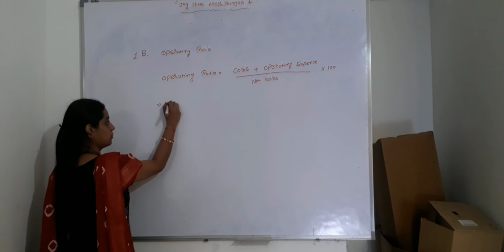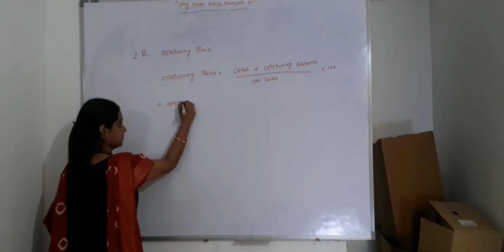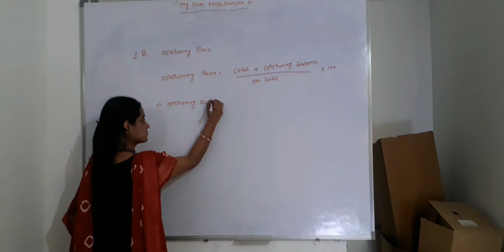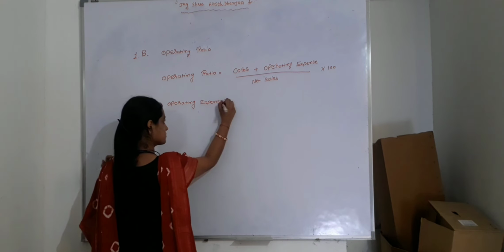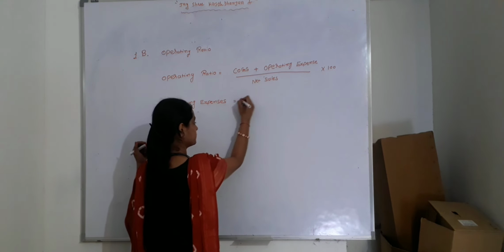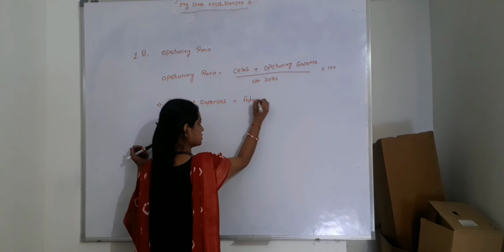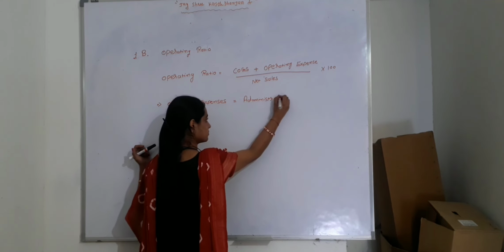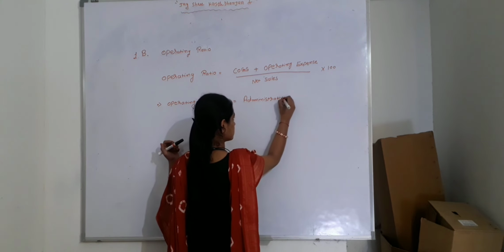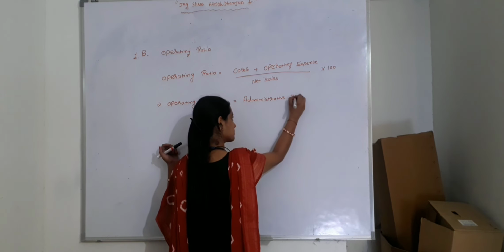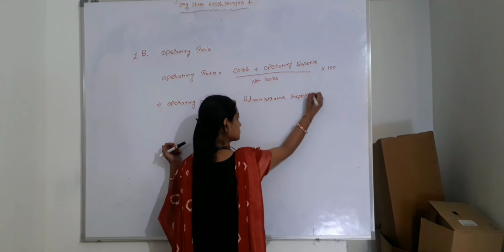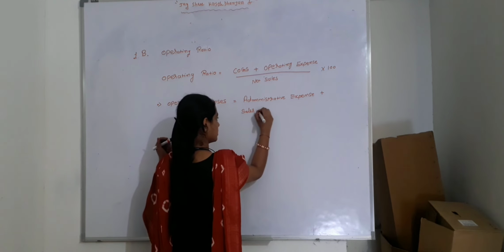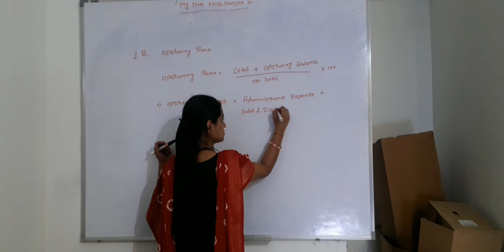To find operating expense, it is equal to administrative expense plus sales and distribution expense